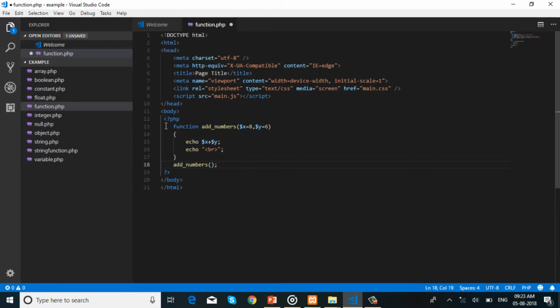At that time, the default argument value function can be called. Save the code. Let's run the program.